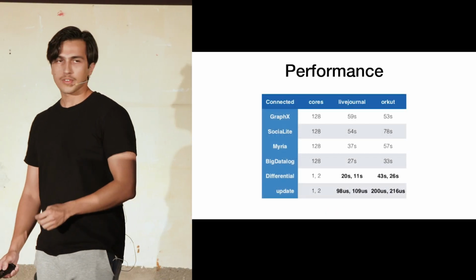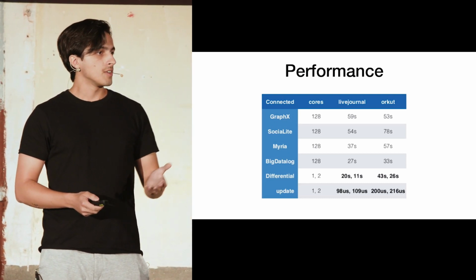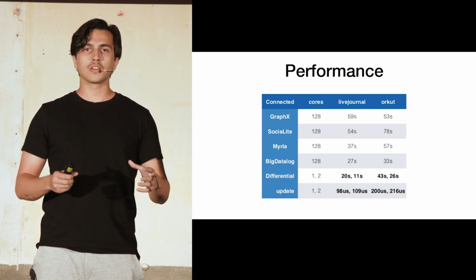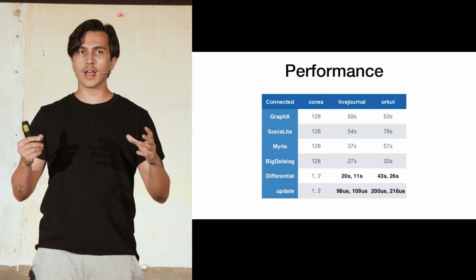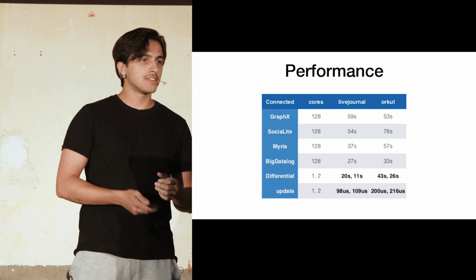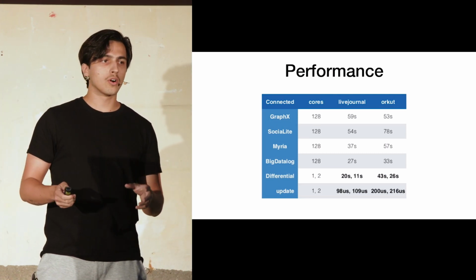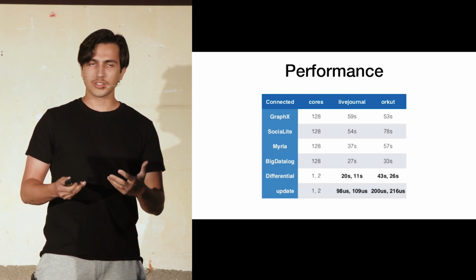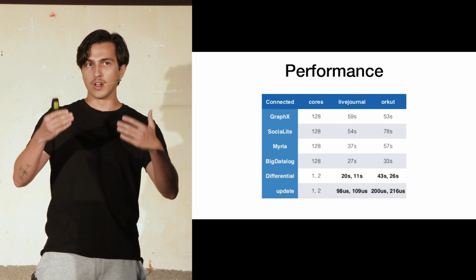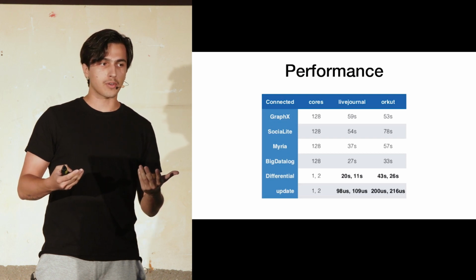And the performance of this approach works in practice and we think also speaks for itself. So here, for example, we are computing the connected component structure of a social network graph, so to find interrelated groups of people, for example. And we have all of these different systems using over 100 cores to find this structure initially. And even on a single core, differential is already outperforming them, or at least matching their performance, for evaluating the initial structure of the graph.